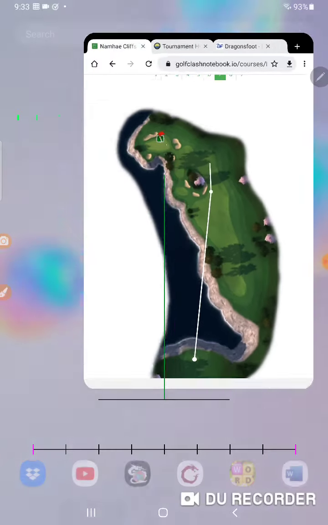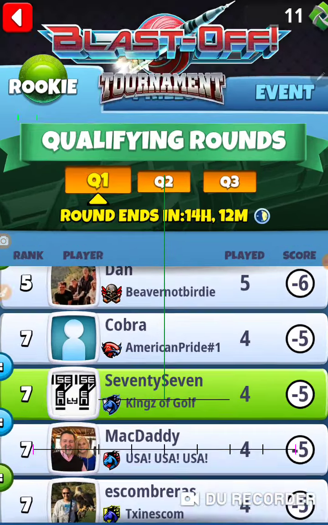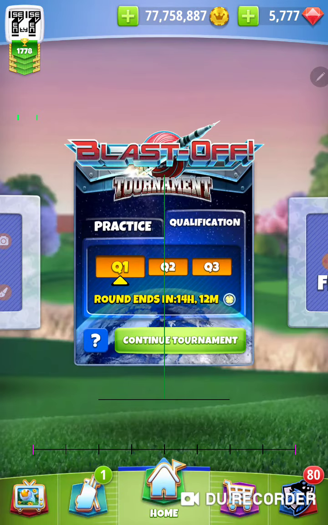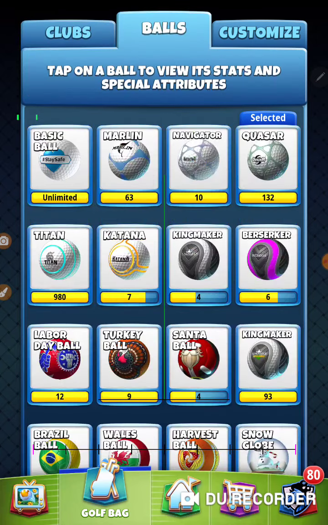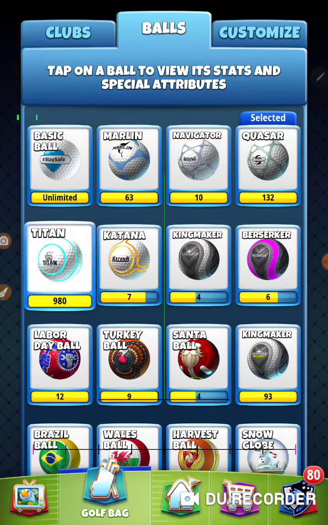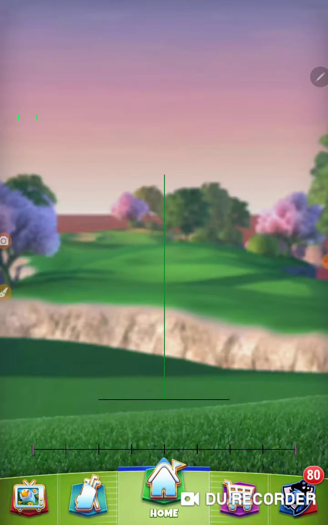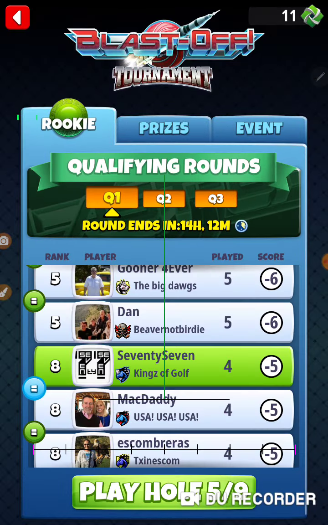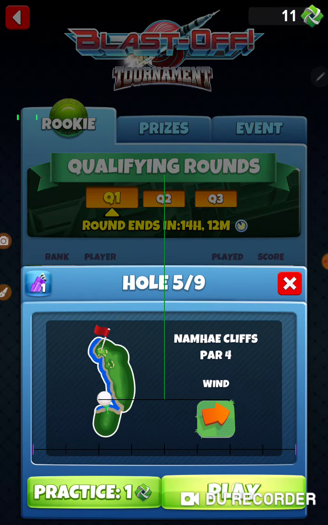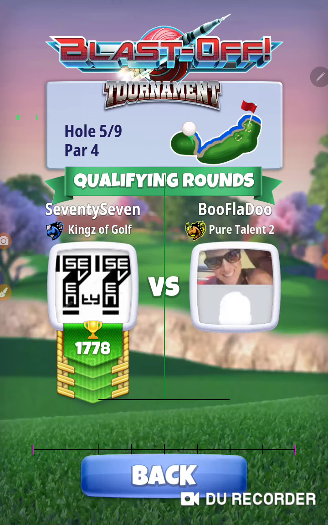All right. Let's bring a Titan out. Let's see which way the wind's blowing. I'm going to bring my number 1 bag, I'm pretty sure. And a Titan, the king of balls. See which way the wind's blowing. It's favorable wind. I may time out on the drive here because